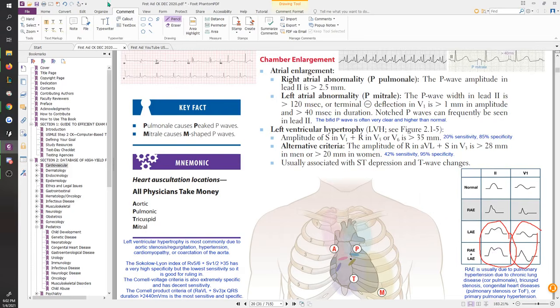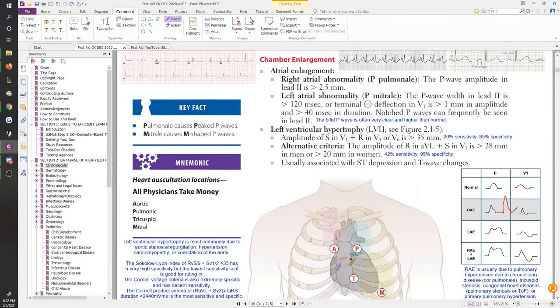So they won't do this to you. Don't worry about that part. But just understand, left atrial enlargement, P mitrale, the P wave, this is just showing you the P wave. This is a normal P wave, a tiny one, then you're going to have the QRS, right? So they're only showing you the P wave here. Normal P wave, right atrial enlargement has this weird P wave that's going to be too tall, because then you're